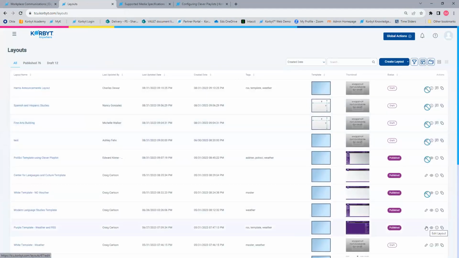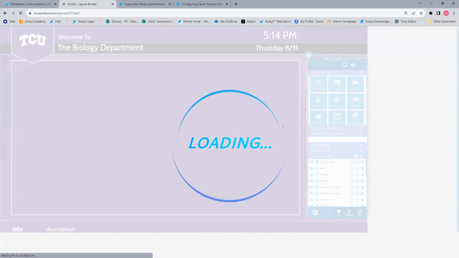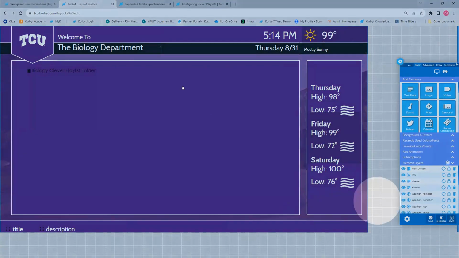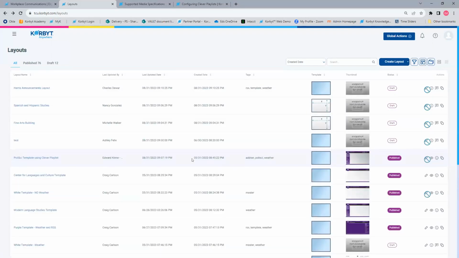I see a lot of people editing layouts. If you go in to edit a layout and you do something and it's like, oops, I just made a change, I don't know how to fix what I just did, as long as you don't hit the save button, you can always use your browser back button to just abandon whatever you've done. So it can be a weakness or a great strength of the system that because it's web-based, if you navigate away from a page before saving your changes, those changes get lost. So it becomes part of your habits.